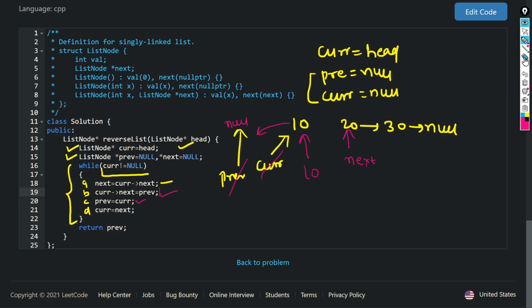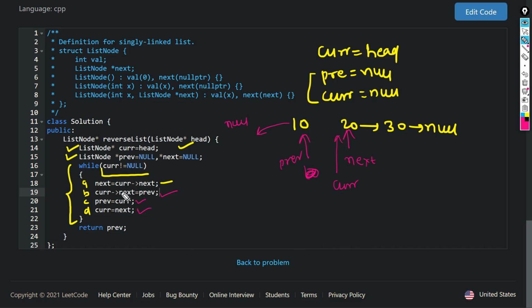All right, and after this step, the next step d is current is equal to next. So current next is pointing to 20, and current is also pointing to next, and this is previous.